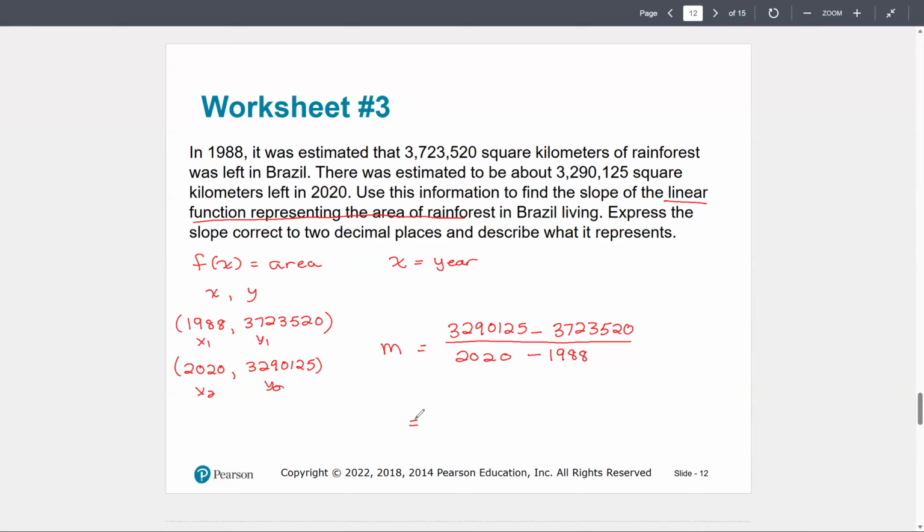So we had 3,290,125 square kilometers of rainforest, and we're subtracting 3,723,520 square kilometers, leaving us with, we've lost 433,395 square kilometers of rainforest